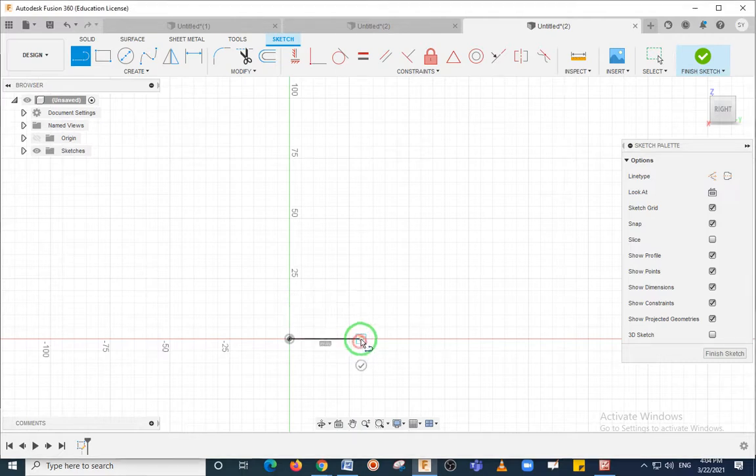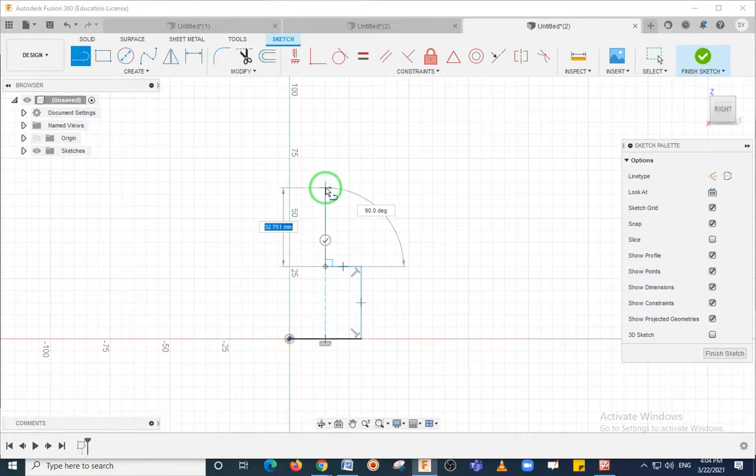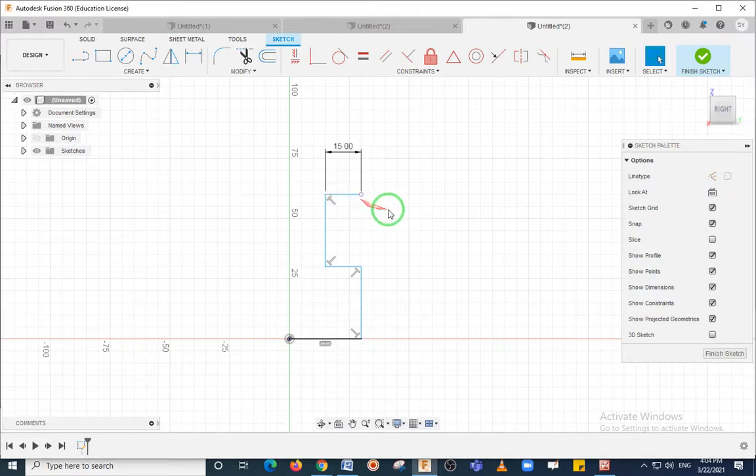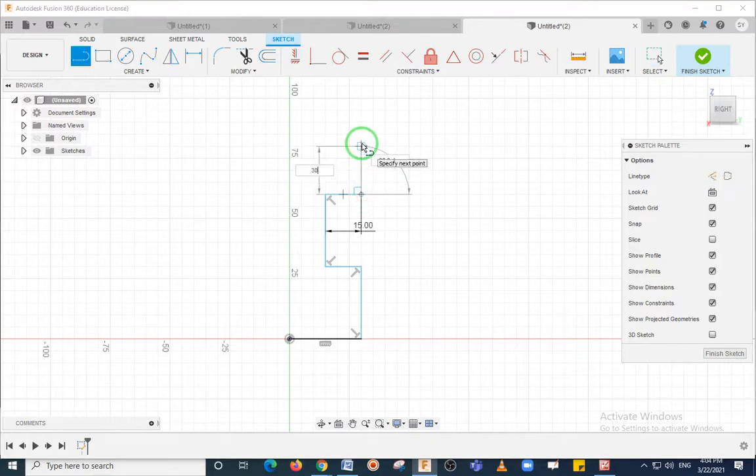Okay, so this is a 30. Now the vertical dimension I will take here as 30 again. Then the horizontal dimension I'm taking as 15. Again this inner vertical dimension I'm taking as 30. Then the horizontal dimension I can take as 15 here. Then the vertical dimension, see this is the 15. Now as I have entered the 15 distance, now I can take the vertical dimension again as 30. See, this is the vertical dimension 30 I have taken here.